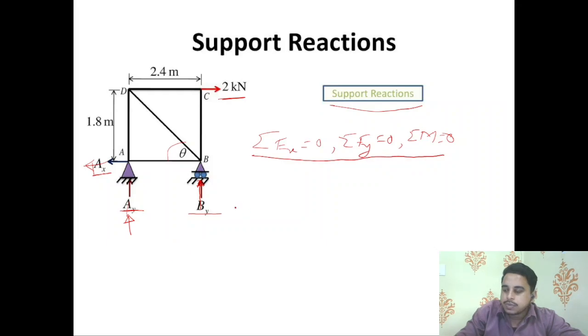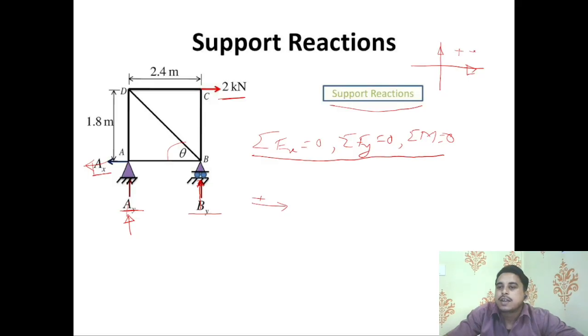Let us assume that all the left to right hand side forces are positive. Why? If we consider this coordinate system, then we know this quadrant is known as positive. So if the forces are